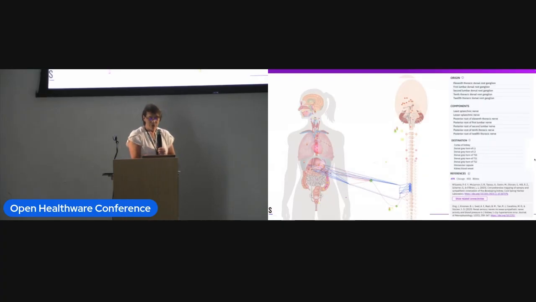And so what this is a depiction of is a circuit that innervates the kidney. And on the right side of the screen, you can see where those neurons start and where they terminate.